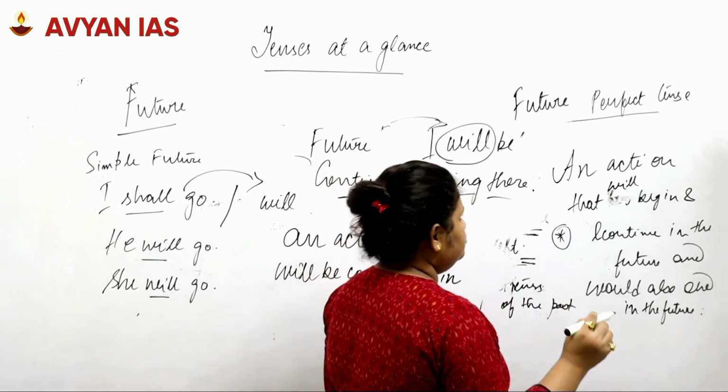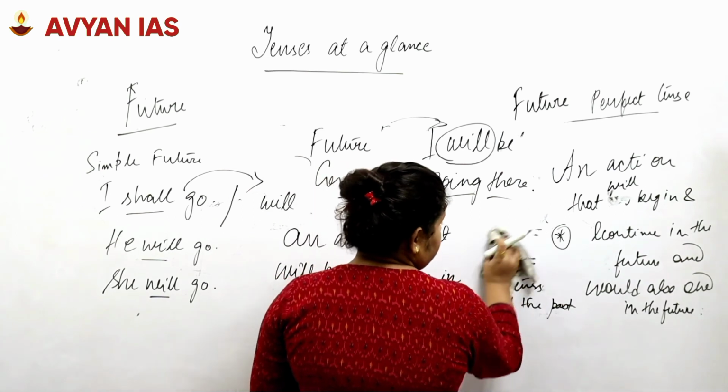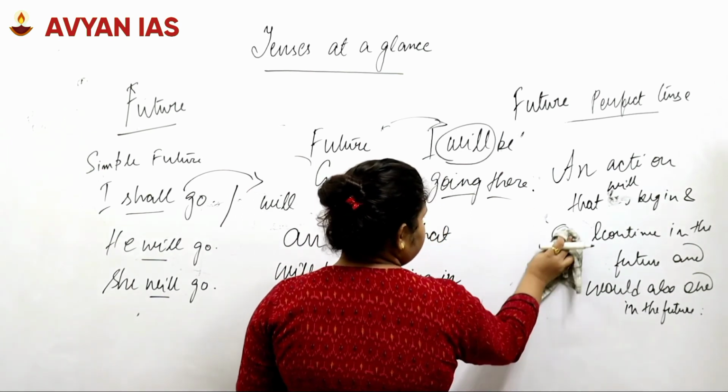Okay, so an example for the future perfect tense would be